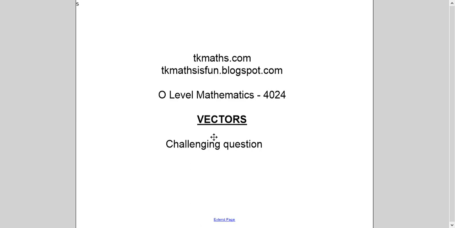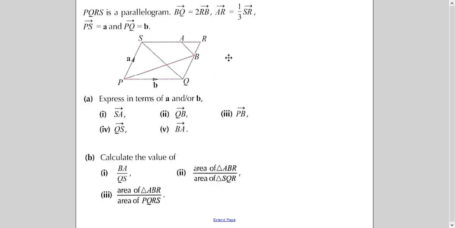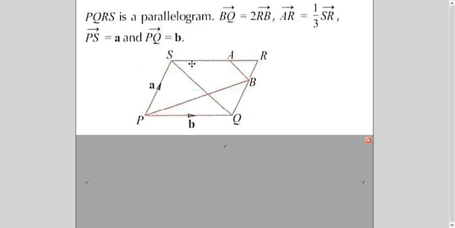So let's begin with the question. This is a complete question. We will do it stepwise. The reason for picking it up is that it is not only talking about the vectors of different parts of the diagram, it is talking about the ratio of two or three sides and the ratio of the area. That's why I've picked up this question. Usually students find this type of question difficult to answer. So let's see one part at a time.